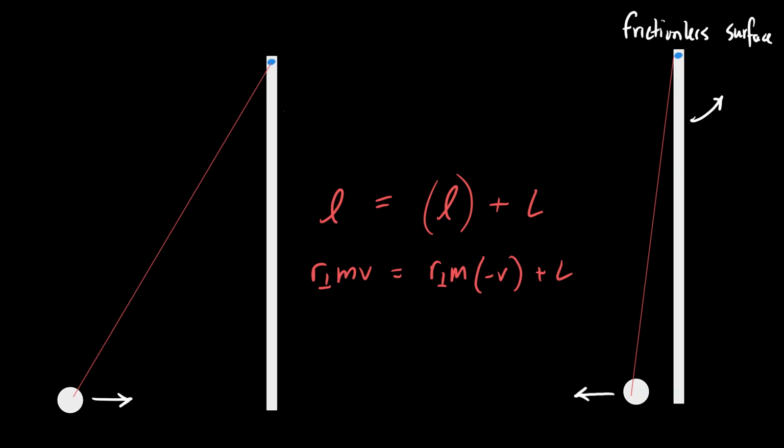Okay, so let's make this a little spicier, if you don't mind. During the collision, there was an external force on the rod. It occurred at the pivot, so it didn't cause a torque, but it made sure the rod stayed in place, which is why the linear momentum isn't conserved. But if